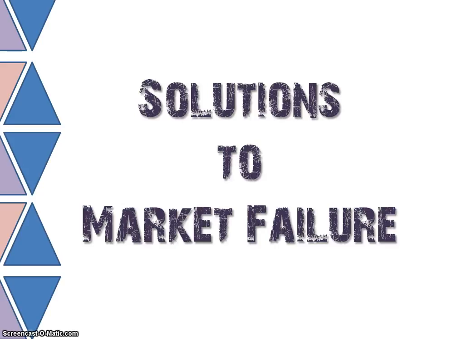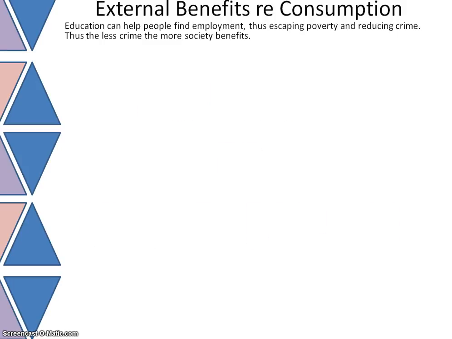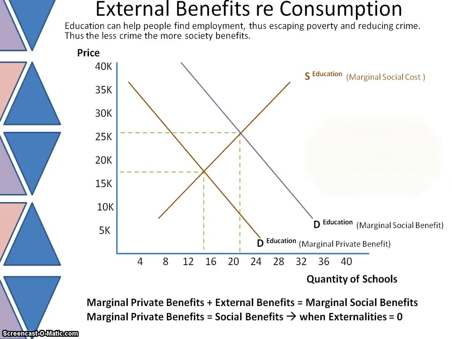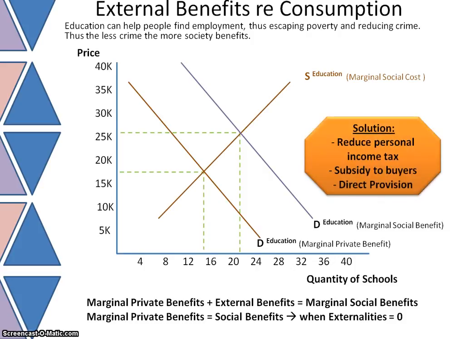In this particular video session, what we're going to focus on are the solutions to market failure. Okay? So in previous video sessions, we looked at the causes of market failure, and due to the fact that markets can fail, we need to find different ways and means of preventing it from occurring, or if it has occurred, to reduce the impacts or correct that market from its failure.